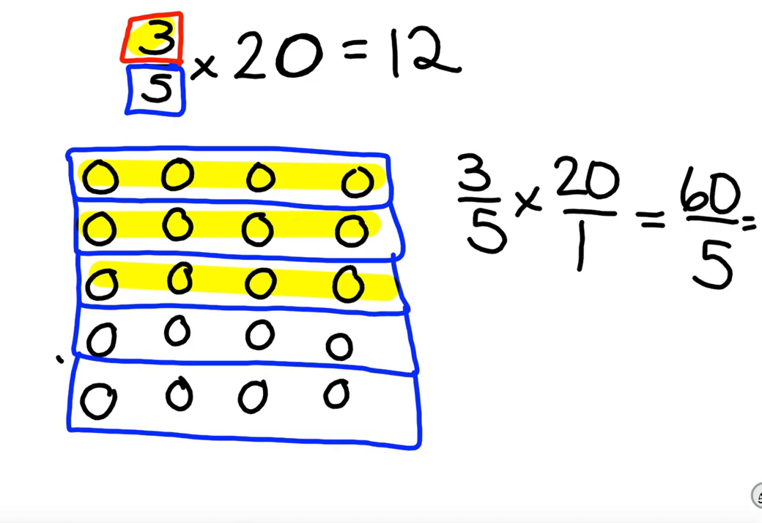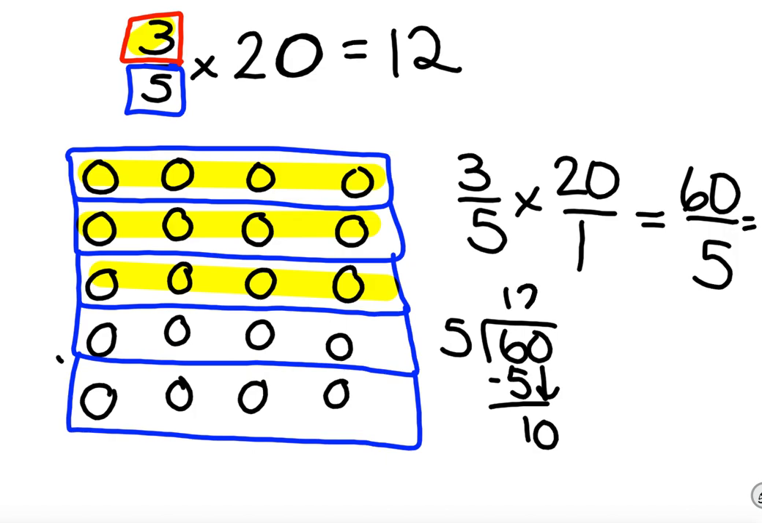5. Since this is an improper fraction, we take 60 and divide it by 5 to find the answer. 5 goes into 6 one time. Bring down the 0. 10 divided by 5? 2. Does our answer here match our answer here? Yes. So we know that our answer is